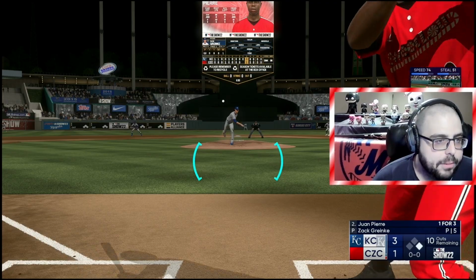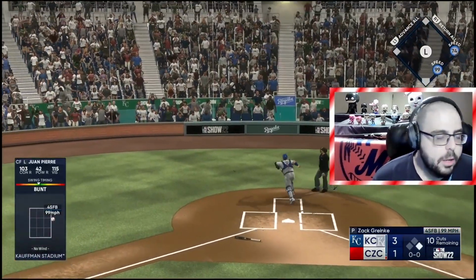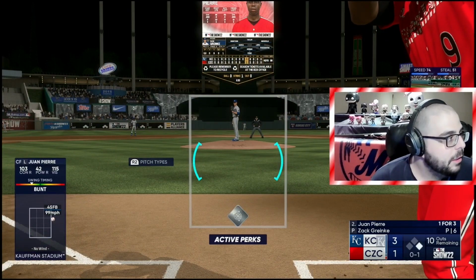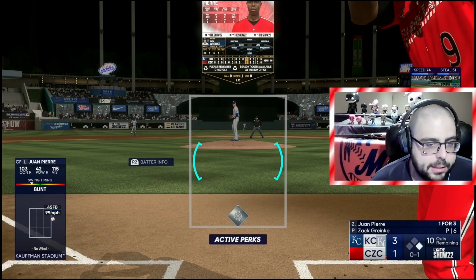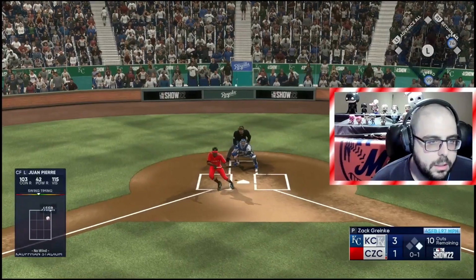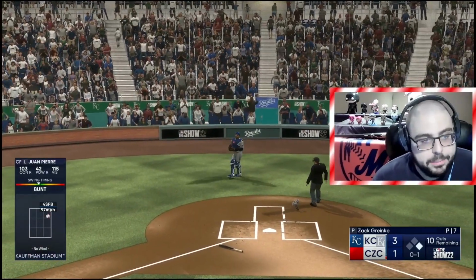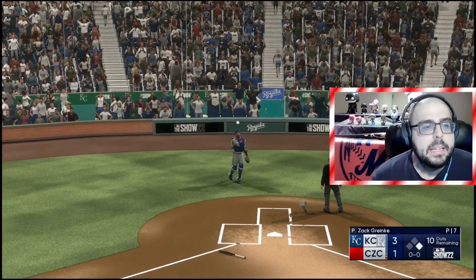Now Juan Pierre, we got him for this situation, a drag bunt. You only want to drag bunt at strikes. I screwed up by trying to drag bunt that one. So you want to be selective, you want to drag bunt at strikes. We did, and of course, it's going to happen sometimes, guys,